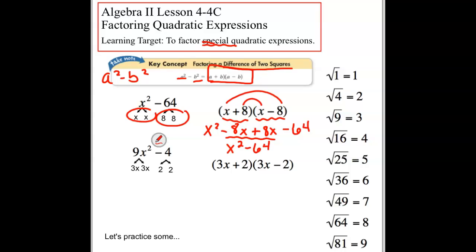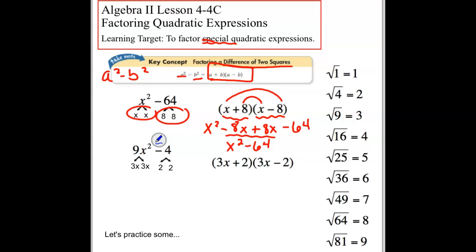So a difference of two squares is going to factor into two binomial factors that are exactly the same except for the sign in between your numbers. All right, our second example, we have 9x squared minus 4. We can split the 9x squared into 3x and 3x. Now we could also use 9x and 1x. And for the negative 4, we have